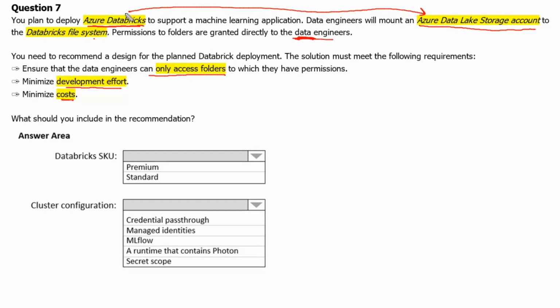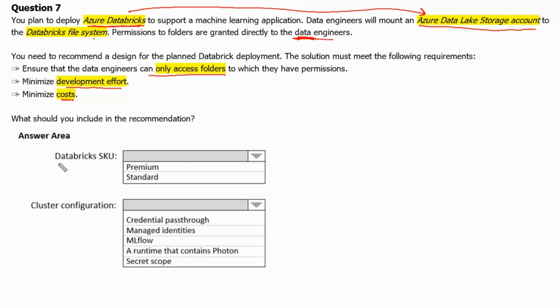When you enable Azure Data Lake Storage credential pass-through for a cluster, commands that run on that cluster can read and write data in Azure Data Lake Storage without requiring you to configure service principal credentials for access to storage.